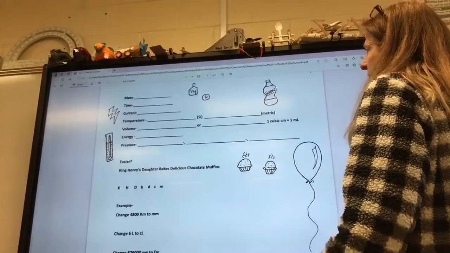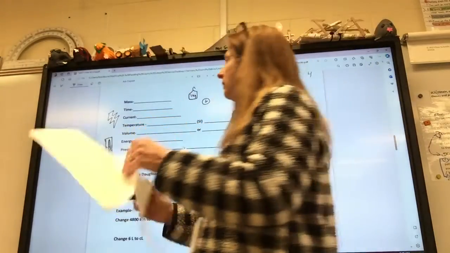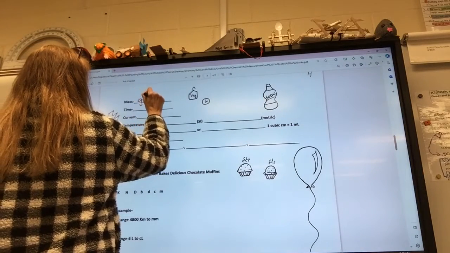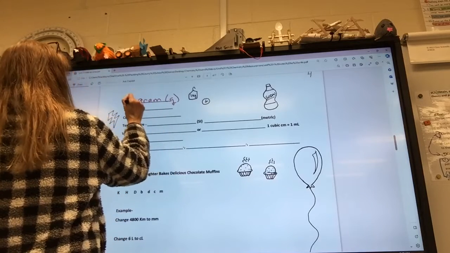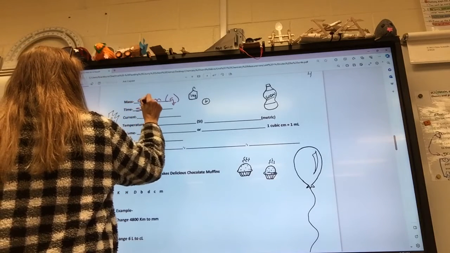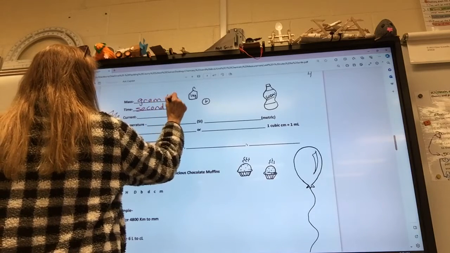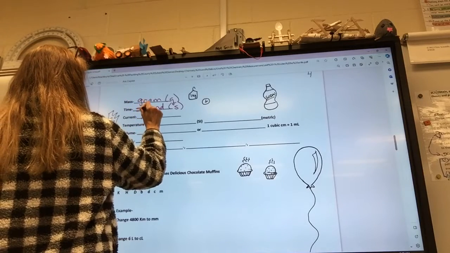Okay, how about mass? What do we measure mass in, in science? Not pounds, but grams or kilograms. We're going to say gram, symbol being lowercase g. Time is the same. In science class, we measure things in seconds, lowercase s.